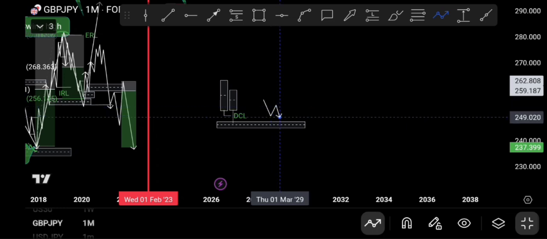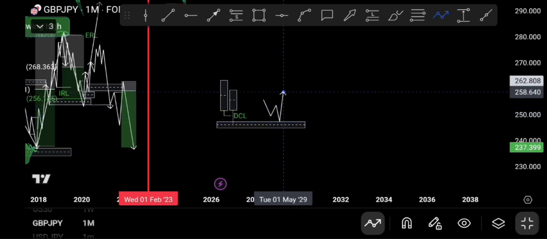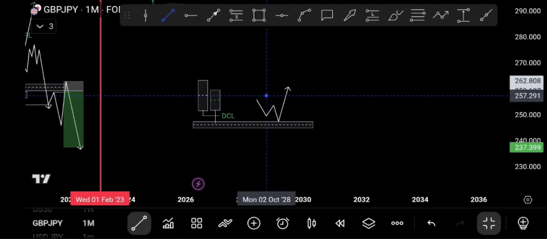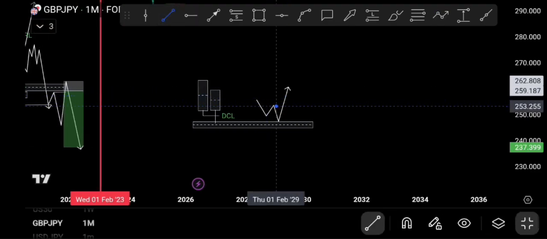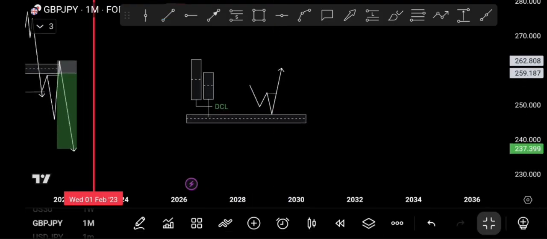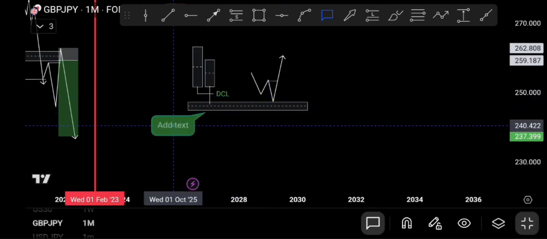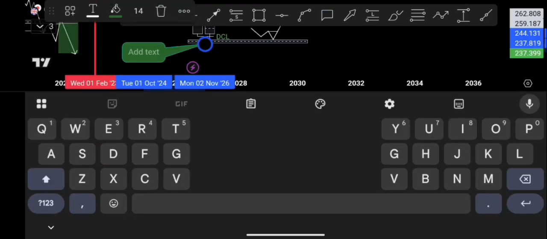Your 4-hour time frame breakouts. You can identify this 4-hour time frame breakout using your line chart. I'm going to show you that in the chart. Now you want to see this right here. We have this as our